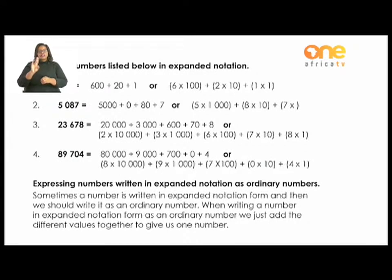23,678. That is equal to 20,000 plus 3,000 plus 600 plus 7 plus 8. Or if we use the multiplication, it's 2 times 10,000 plus 3 times 1,000 plus 6 times 100 plus 7 times 10 plus 8 times 1. Then we've got one more example,